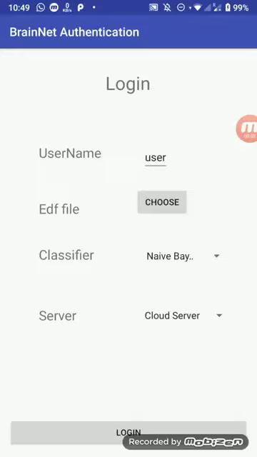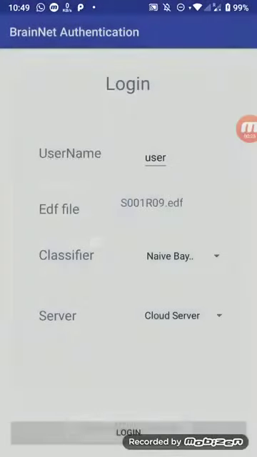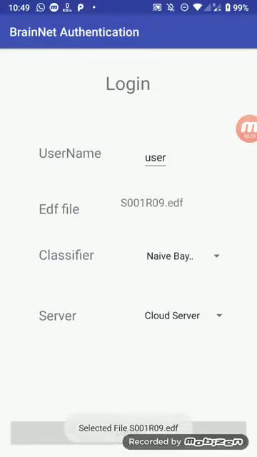So we come to our login screen, which is the initial screen of the app, and as you can see there's username, EDF file, classifier and server. We try to log in with this. Oh, I forgot the EDF file. So trying to select 9. You can see we selected number 9, and then if we try to run it,